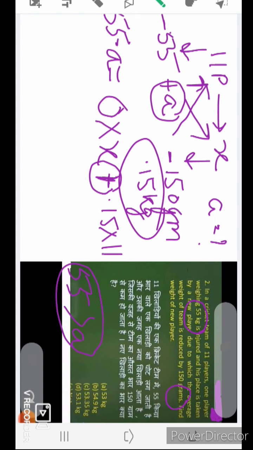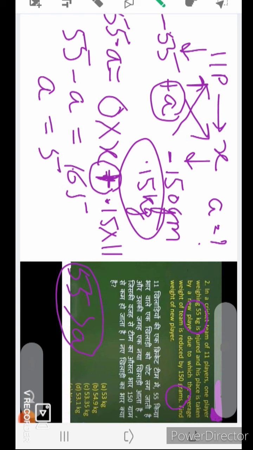I have told you in the previous class also that there is no use of this sign in the case of one inclusion and one exclusion. Always remember this. This is the only thing which we have to remember in the inclusion and exclusion part, else everything is okay with the formula. Okay, now this is plus. Now solve this. 55 minus A is equal to 0.15 into 11, which is what? 11 5s are 55, 5 11 16.5, 1.65. Okay, calculate for A.